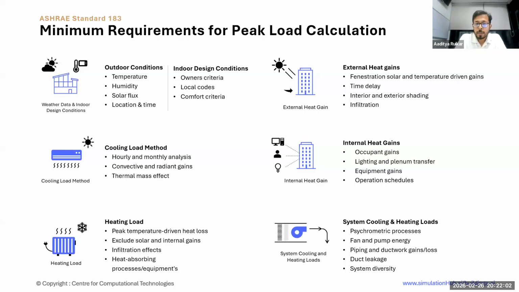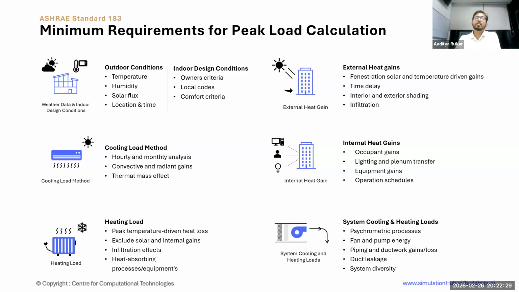Then time delay should be captured, interior and exterior shading if present, infiltration, then internal gains: occupants, lighting, equipment gains, and their operational schedules. And then system inefficiencies, psychrometric processes, and leakages and losses you should consider. So that is the minimum criteria.